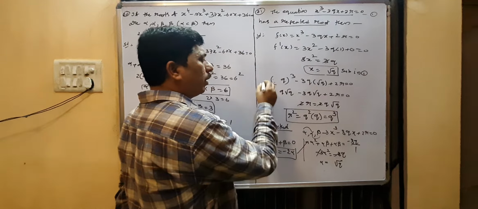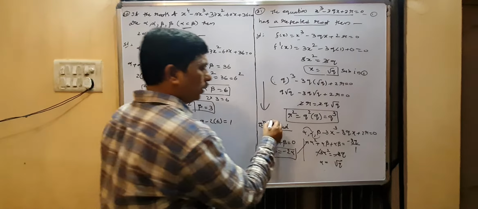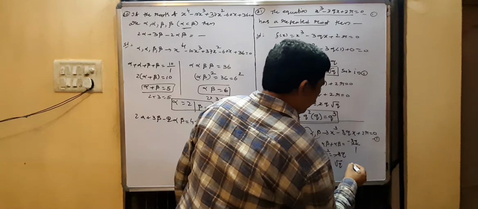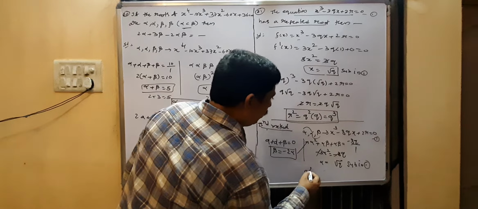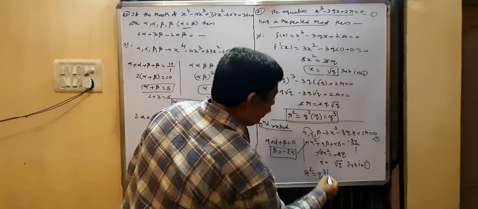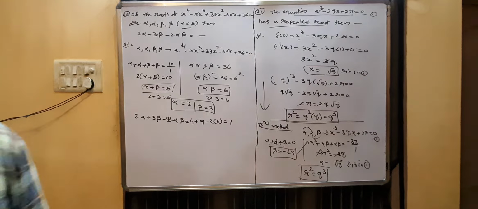From here on it is the same procedure. You get the same condition, and that is your choice. Substitute in 1, and we get r square equal to q cubed. Either the first procedure or the second procedure is fine, no problem. Copy the problem.